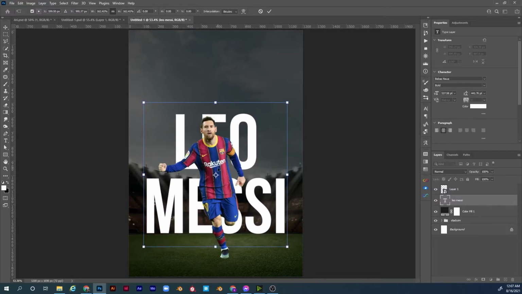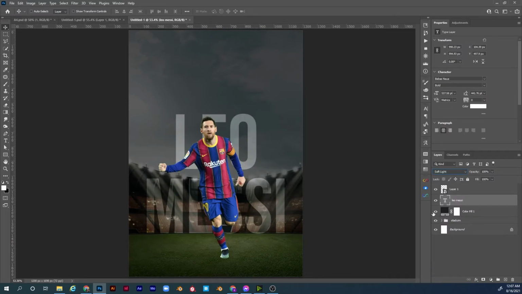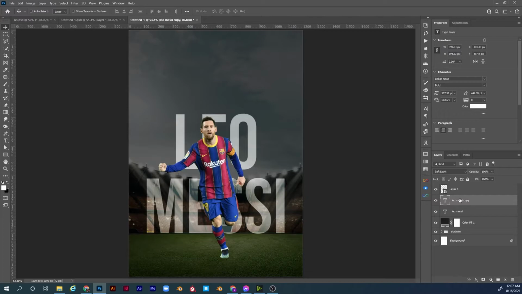When you see this part, you know it says Leo Messi because he is too famous, so you are going to catch his name easily. We're going to change the blending mode to soft light. Okay, it is better, but I think it is too light. I'm going to duplicate this layer by pressing Ctrl plus J. Yes, I think this is good, and let's duplicate it another time, but this time above the main subject Leo